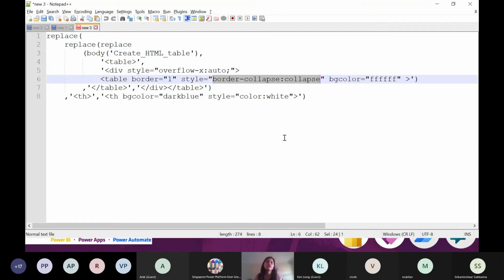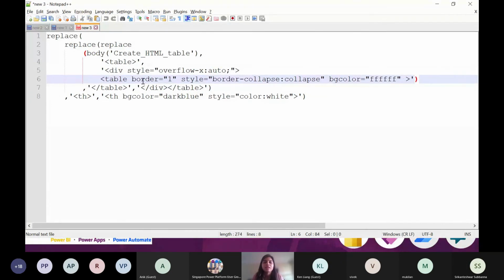And if you're not aware of the CSS and HTML, don't worry. You can always visit w3schools.com for all the CSS and HTML, or otherwise you can also just Google your stuff as well. I usually visit w3schools.com for this. This is the background color for the header I've done. So this was my first replace that I've done.